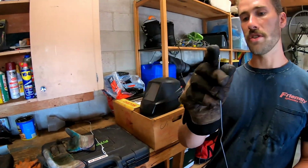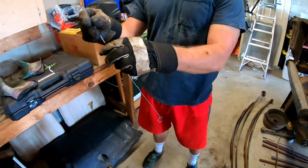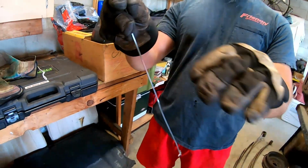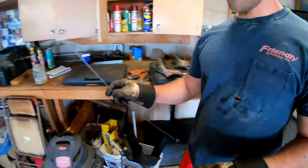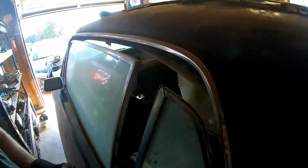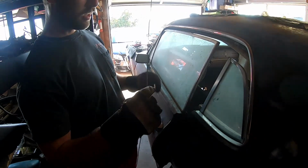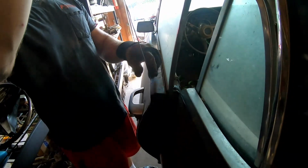Kind of the idea is you have a small right angle right here. It's about 20 inches long, so I had it bent right here at this edge, and then another 90 degrees going the opposite direction. The idea is if your door is locked and you can't open it with a button, I took the mechanism out, but you stick the rod down with the window down, and there's a small opening